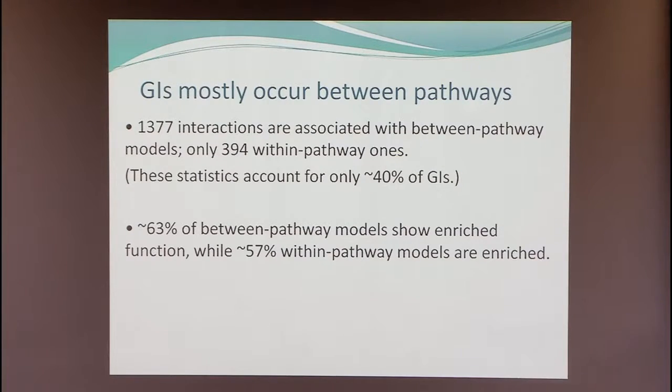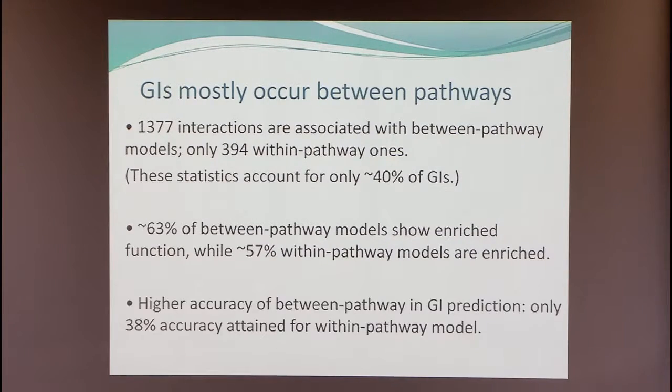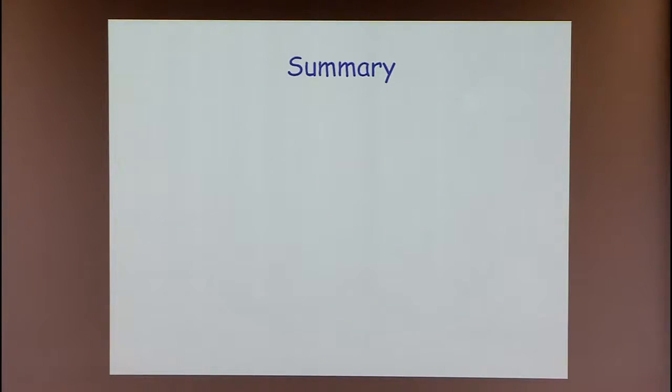The between pathway models were more functionally enriched compared to the within pathway models. And finally, they could get higher accuracy in predicting genetic interactions, so 87% compared to 38%, when using the within pathway models. So to summarize,